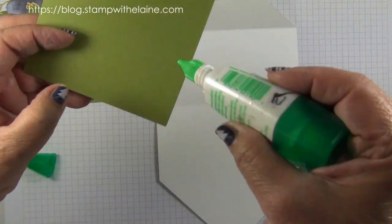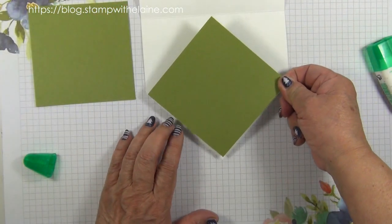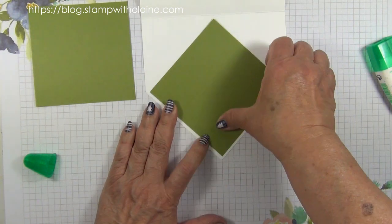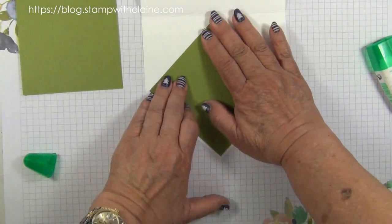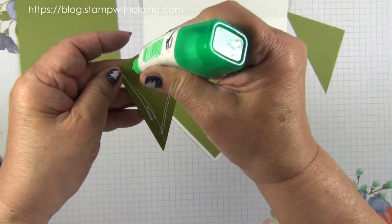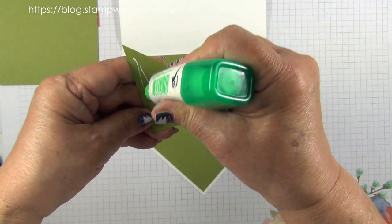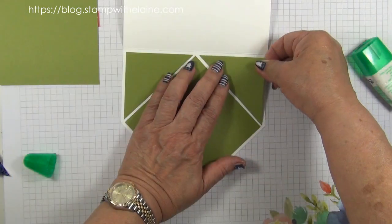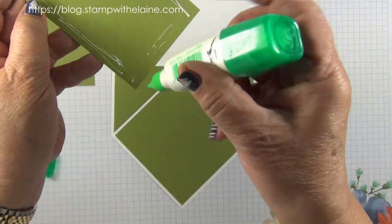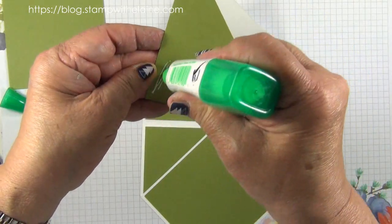So first, let's start by gluing the 4-inch matte layer in Old Olive to the base of the card. And remember to leave an even border, so you marry that up onto the mark you made there before, and make sure that the border is even here. Then the 2 small squares, F1 and F2, now cut into 2 triangles. That will go here. Now we want to adhere this one into panel E. And the triangle